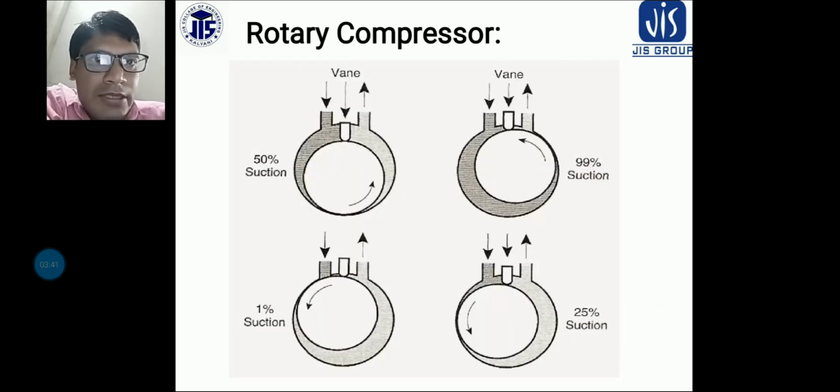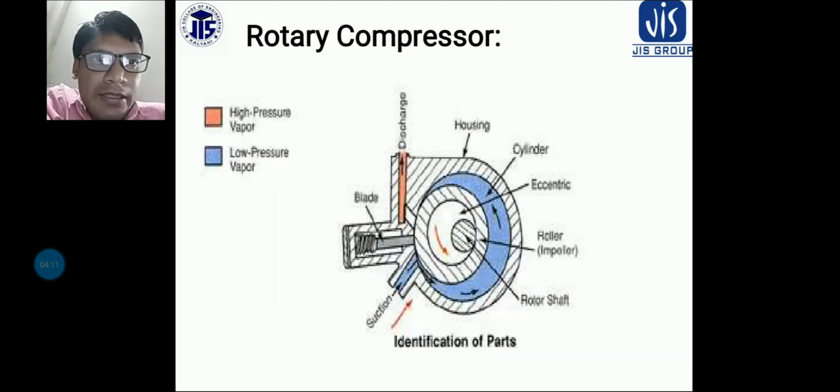For this rotary compressor, four different figures are drawn here, and with the help of these four figures I can easily clarify how the process is going on. If you have not seen my previous lecture, see lecture number 22, the rotary compressor part, and then come to this lecture, because without knowing that part you cannot understand how the rotary vane type compressor is operated.